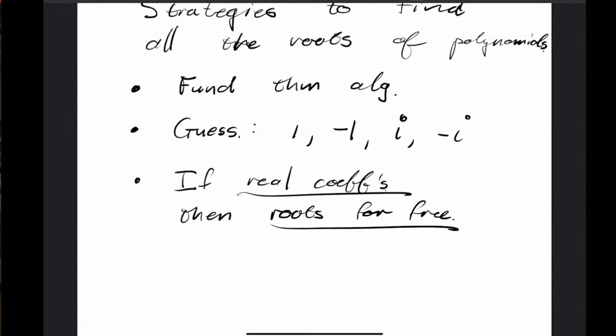If our polynomial has real coefficients, so no i's anywhere in the coefficients, and we have a complex root, then the complex conjugate of that root is also a root. But again, I stress the polynomial must have all its coefficients be purely real numbers. There should be no complex parts to the